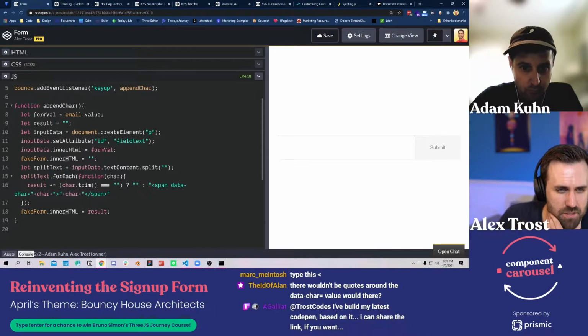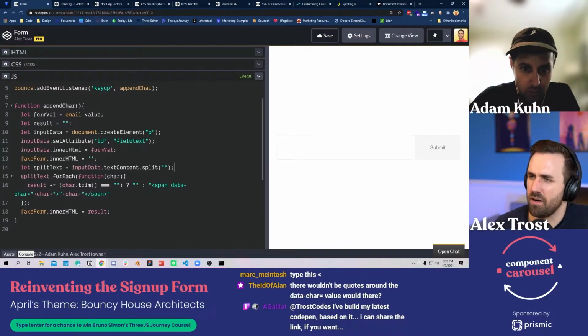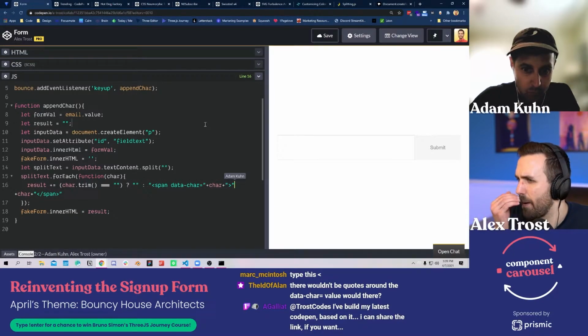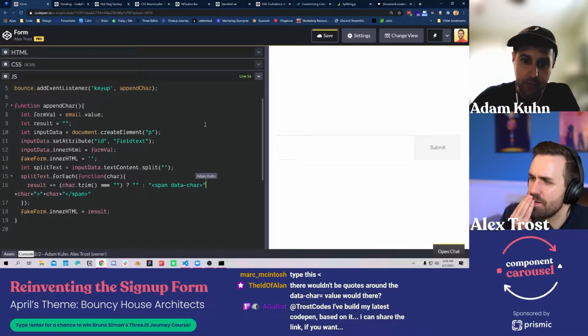Alan seems to say there wouldn't be quotes around the data char value, would there? Or around this bit. Yeah, actually, because that's an attribute. That's the intent there.